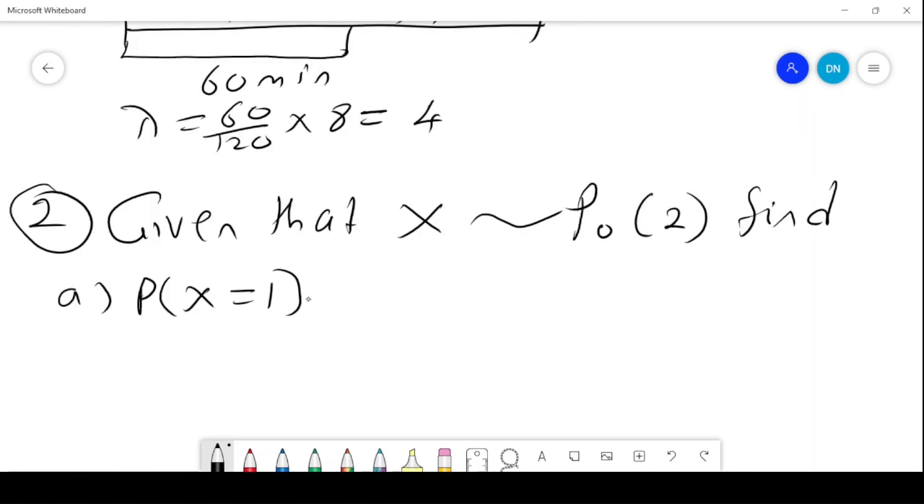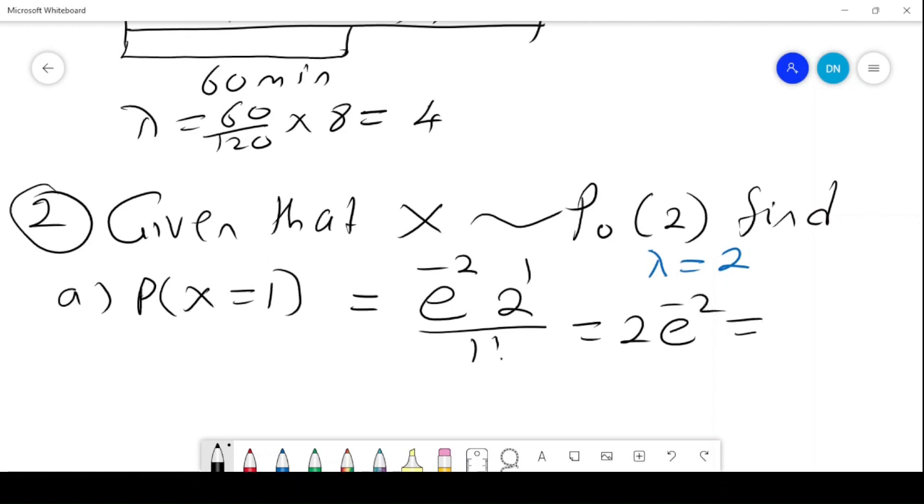Number 2: given that x is approximately Poisson with parameter 2, and our parameter 2 here is lambda. Basically, we are saying that our lambda is 2. Find the probability that x equals 1. It is e raised to the power minus lambda, lambda raised to the power 1 over 1 factorial, which is 2e raised to the power minus 2,